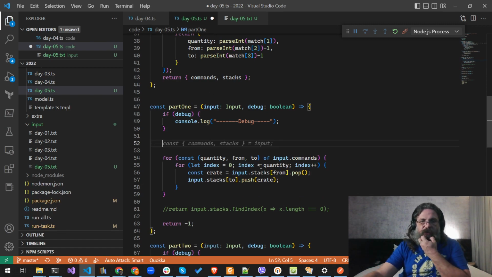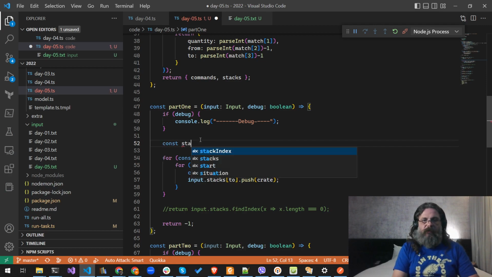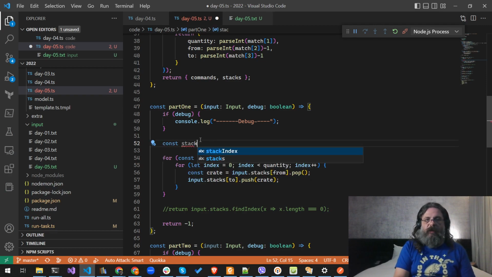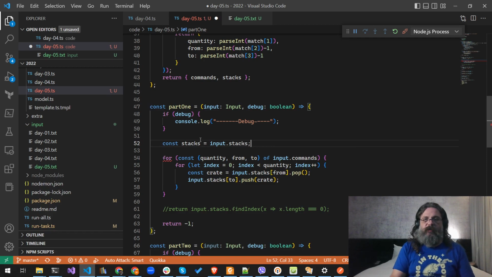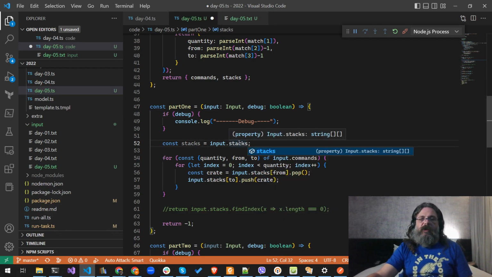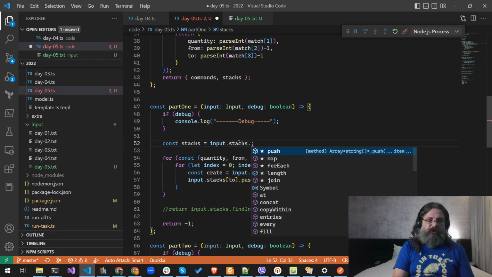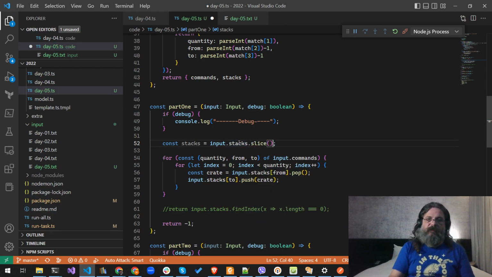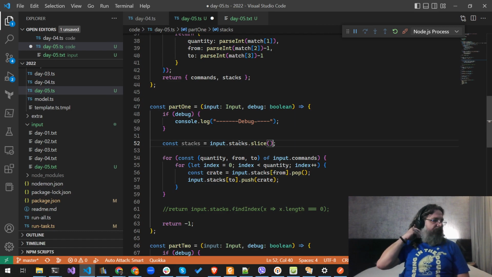This kinda destroyed the stacks because this changed the input, and usually I don't want to change the input. That means that I will create new stacks, which will be input stacks. Usually we can copy an array if it's a simple array just by slicing it. But this will do a shallow copy,